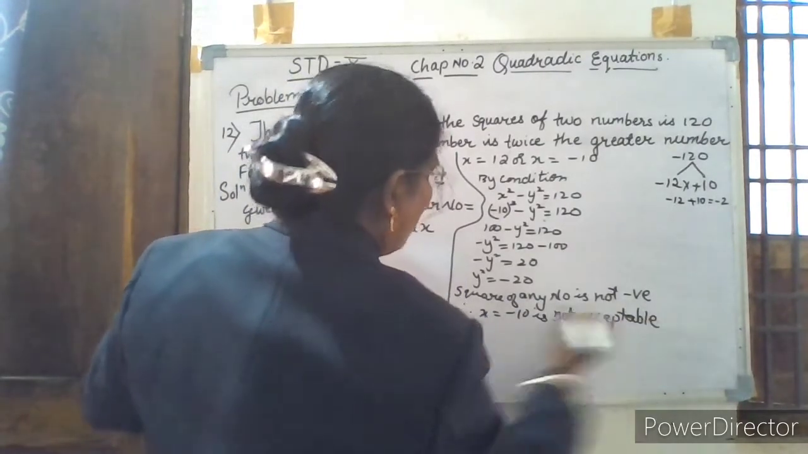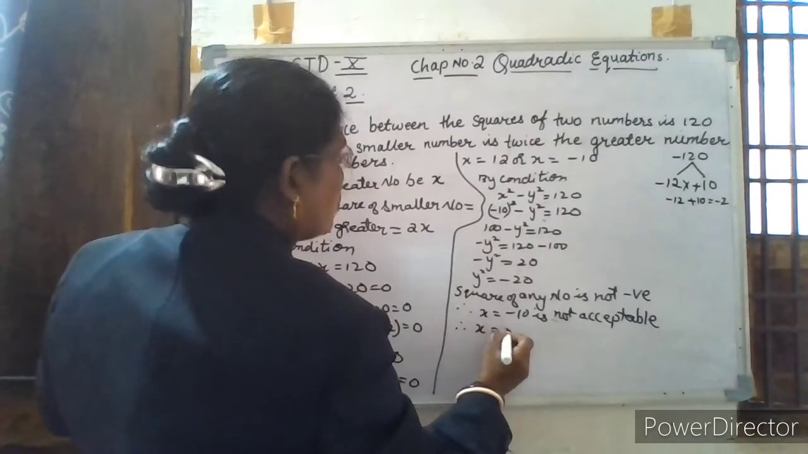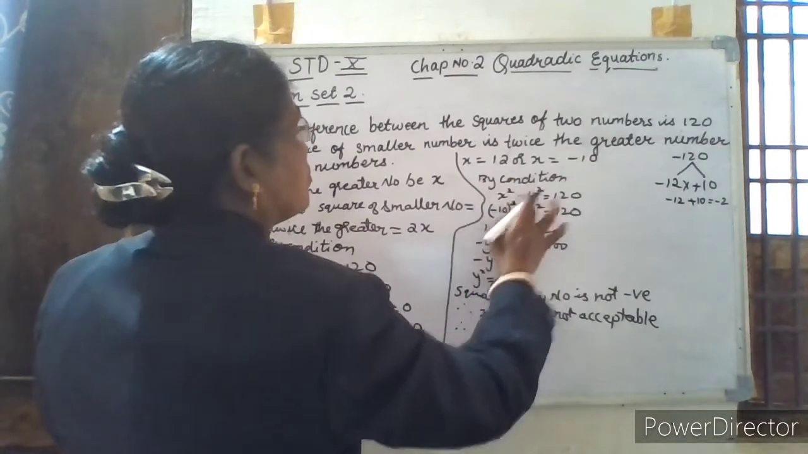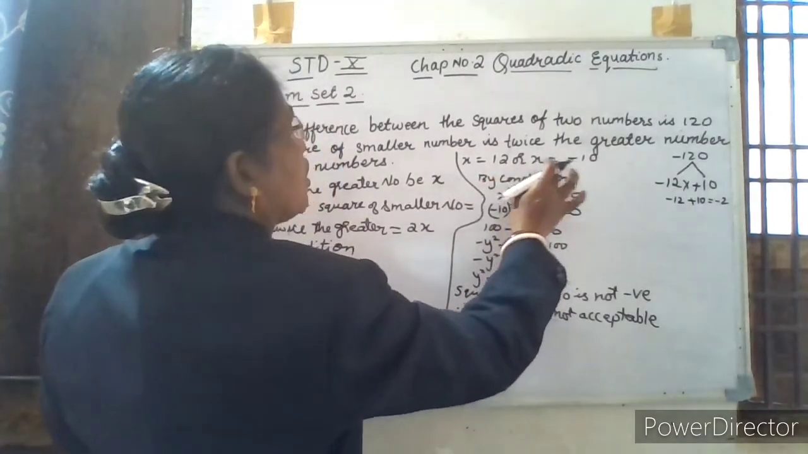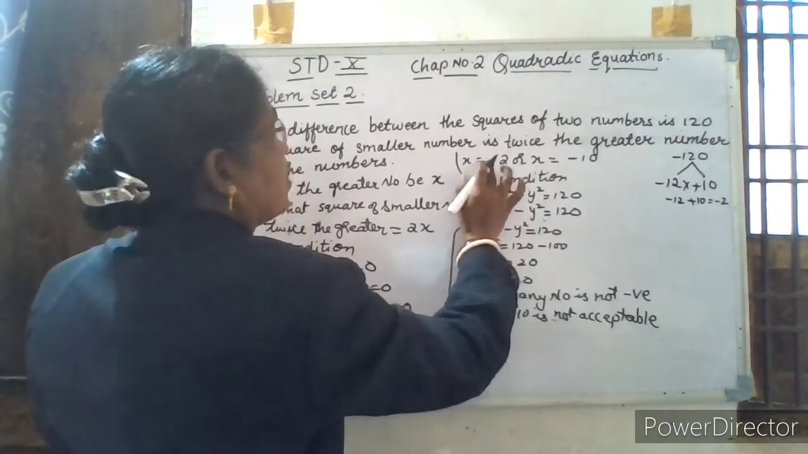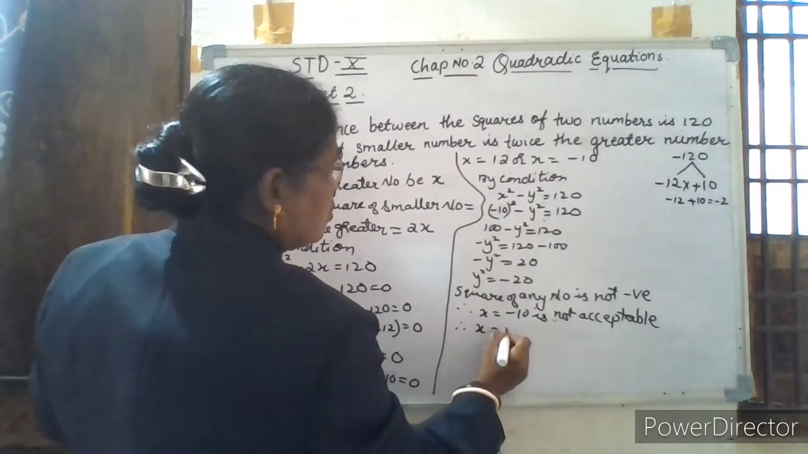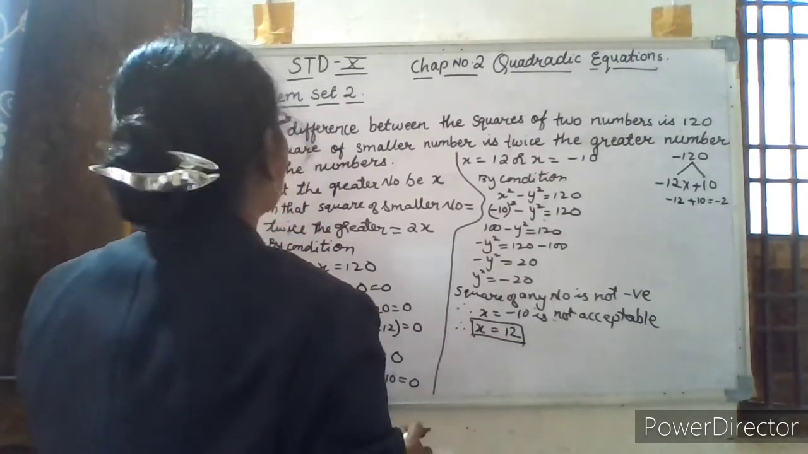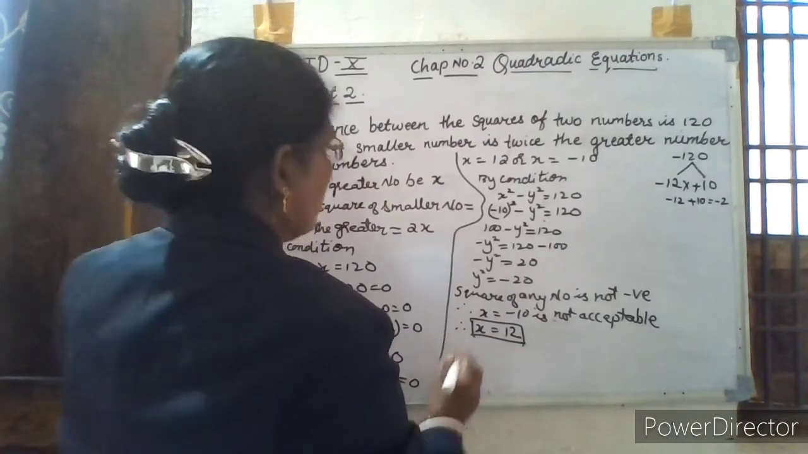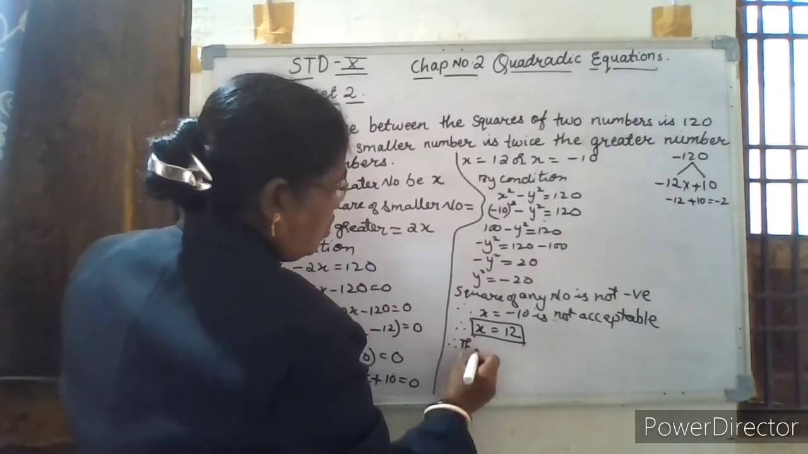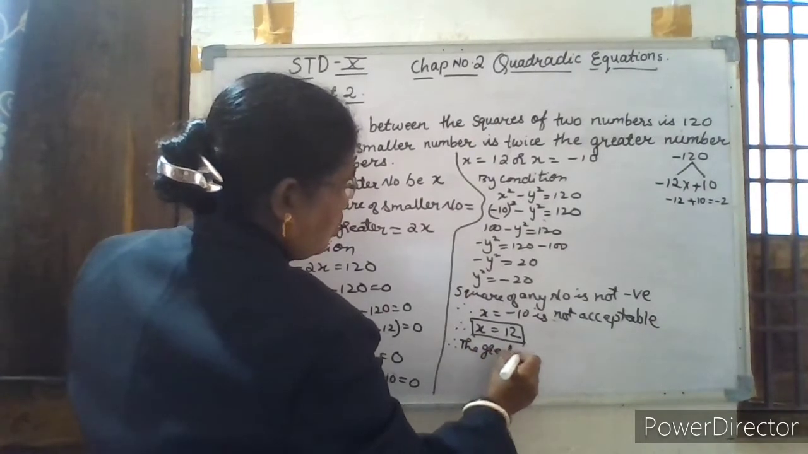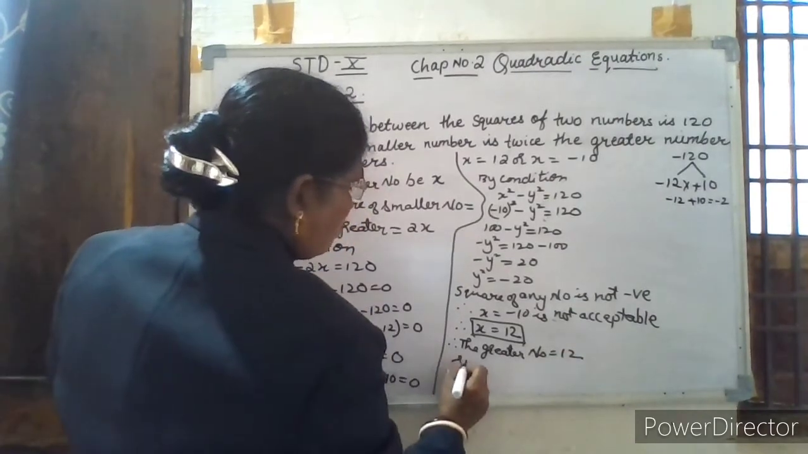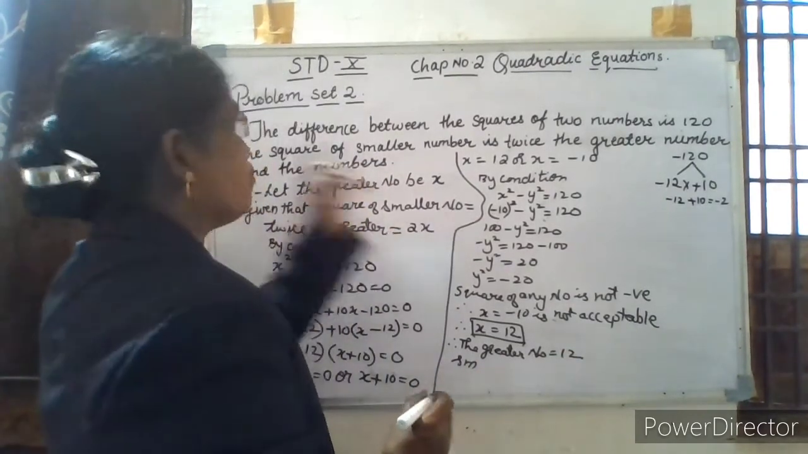Therefore, x is equal to 12 here. We got the value of x, so this is the greater number. Therefore the greater number is equal to 12, and for the smaller number, the square of the smaller number